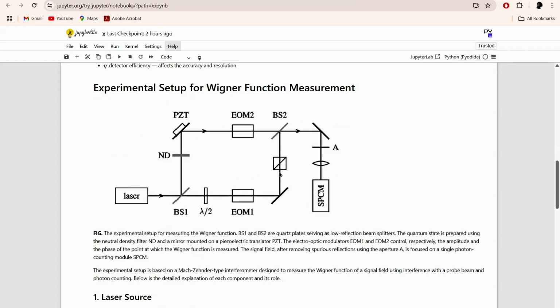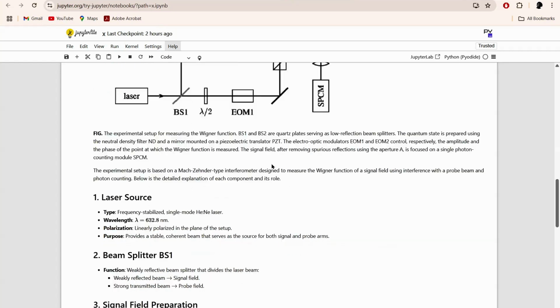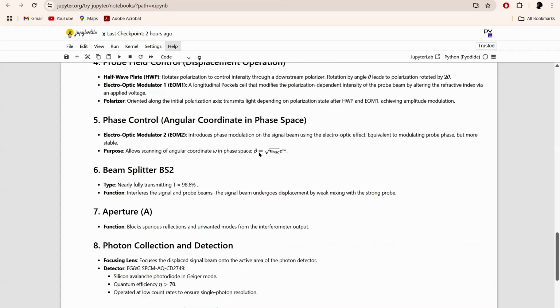So from this we can find out by which amount we are displacing our signal, because this probe part is used to displace our signal, and at the output we are only getting photons purely on the basis of this probe part. So that's how we are getting to know at which point on phase space we are calculating our Wigner